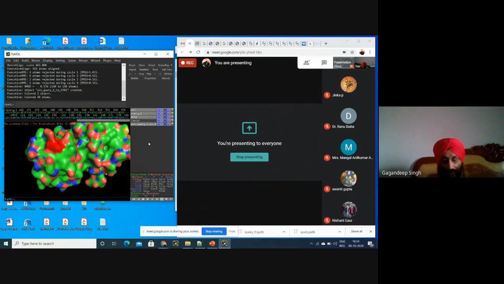This bacterium releases a protein, and that protein interacts with a human protein. How does it interact with our protein? There are some active sites which basically interact with our protein. Now, what is our target? We'll block that active site so that the protein will not interact with our protein. Understand?